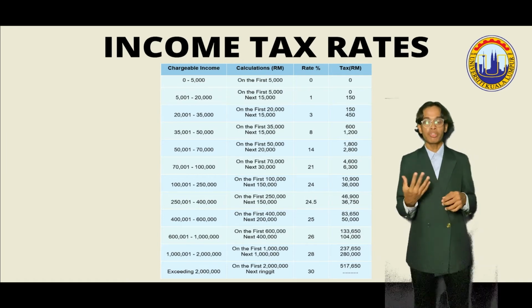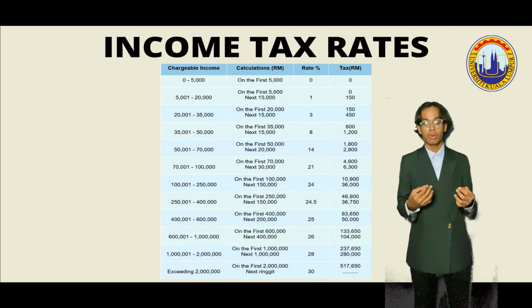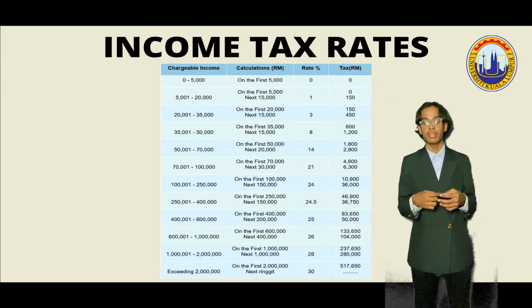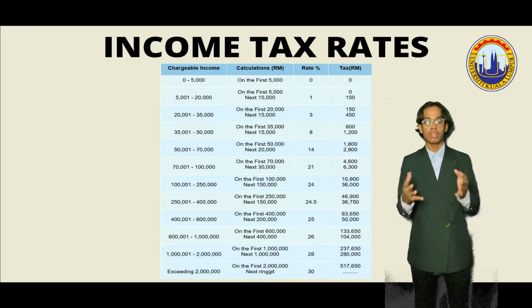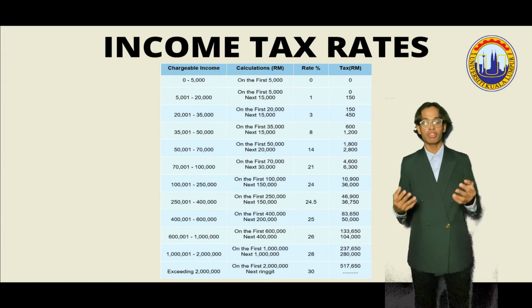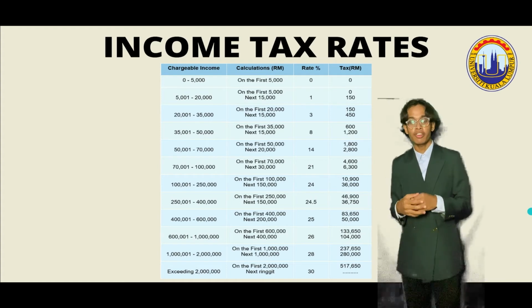So 5,000 divided by 100 times 3 equals 150 ringgit. So 150 ringgit will be added to RM 150 equal to 300 ringgit. So the tax that a person with 25,000 ringgit income has to pay is as much as 1,065 ringgit only. Okay, that's all from me.